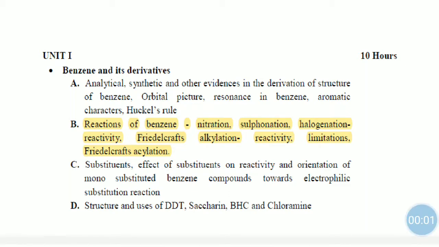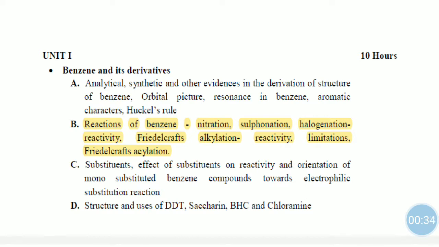Hello students, today we are going to study the last part of your unit 1's chapter, benzene and derivatives. So the last point is structure and uses of some of the benzene and its homologous derivatives, isn't it? Before this we have finished subpart C, that is the substituent effect on reactivity and orientation of monosubstituted benzene